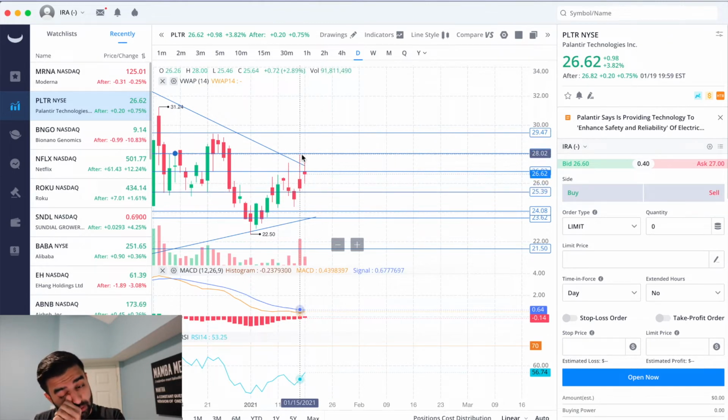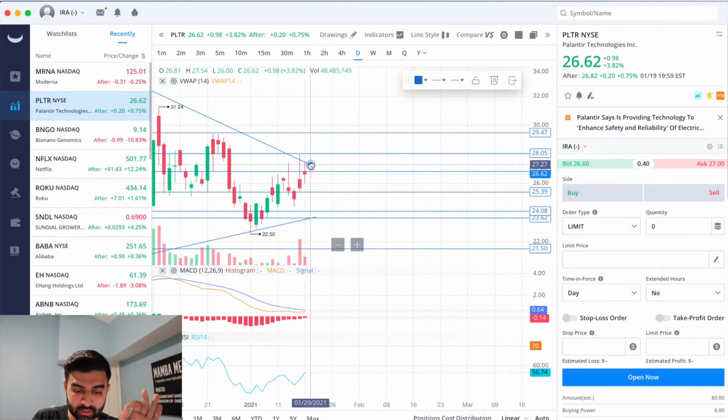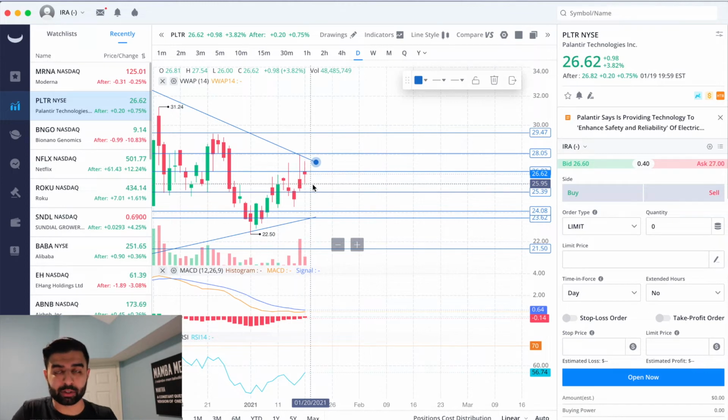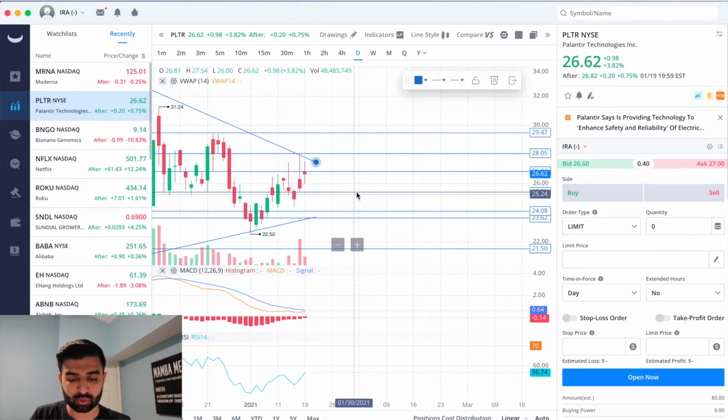Now, we did go above it, right? We're closing below it, but we did hit up against this line. If I move this up slightly, a couple things can happen here from this pattern perspective. We can either keep hitting against it, but not close above it, potentially going sideways, start to sell off a little bit, consolidate in this range above the 25 level, but below this 2660s level, get to the end of this wedge as this line comes down and this line comes up,